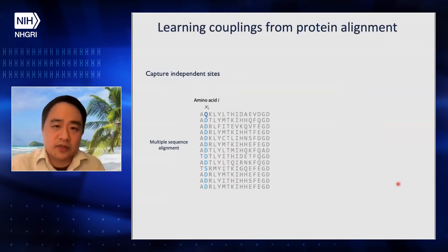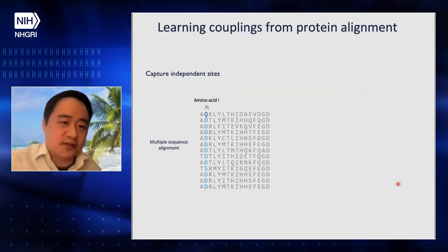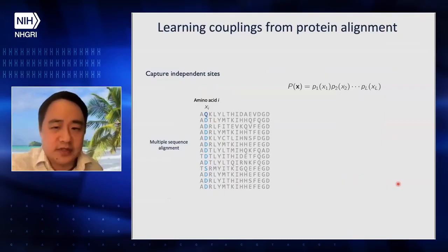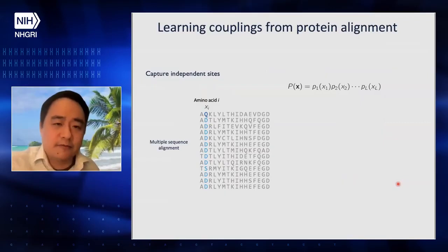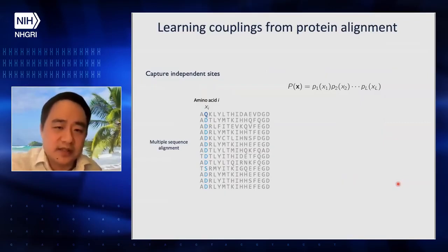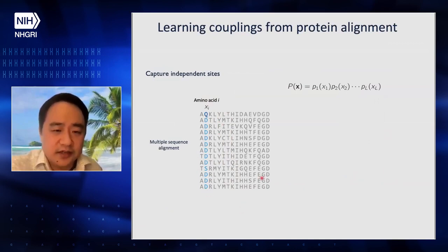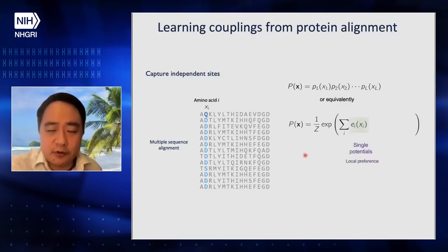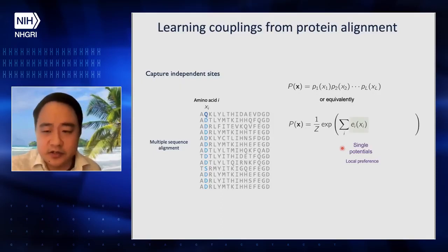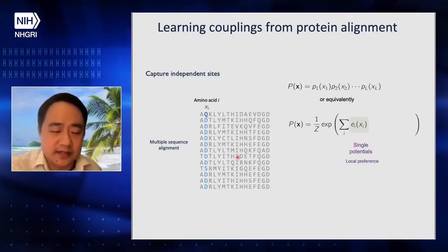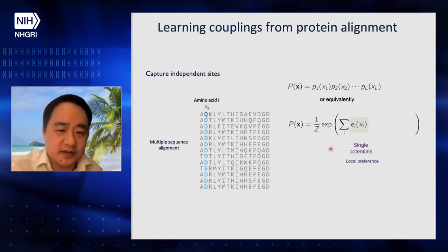Okay, so here's a model people usually use; this is how we actually capture this kind of interaction. The naive model people use is based on, for example, the PWM, or position-specific scoring matrix. These are based on the assumption that each of these locations is independent. Okay, and here we have a different way to write this, through an energy-based representation. We have the single potentials, which means that the choice of the letter at the i-th position has nothing to do with the other sites.